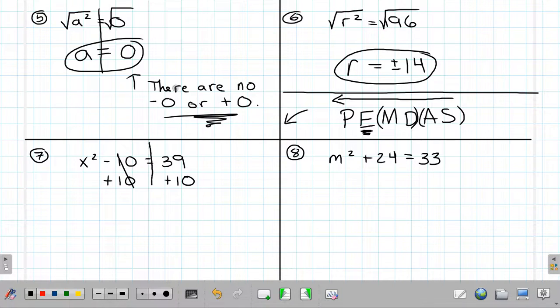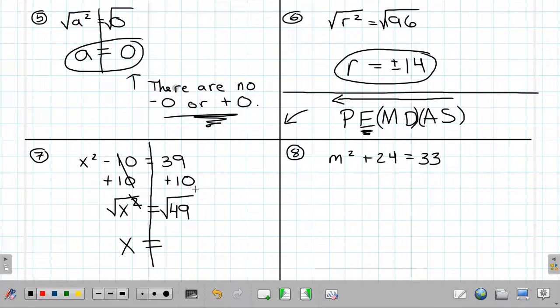Once again, the same things hold for all our previous equations. We add 10 to both sides. The 10's here will cancel. x squared is equal to 39 plus 10, which is 49. Now we have essentially what we had before, a one-step equation where the last step is to take the square root. So we get x is equal to, this is definitely one everybody should know from your times tables,